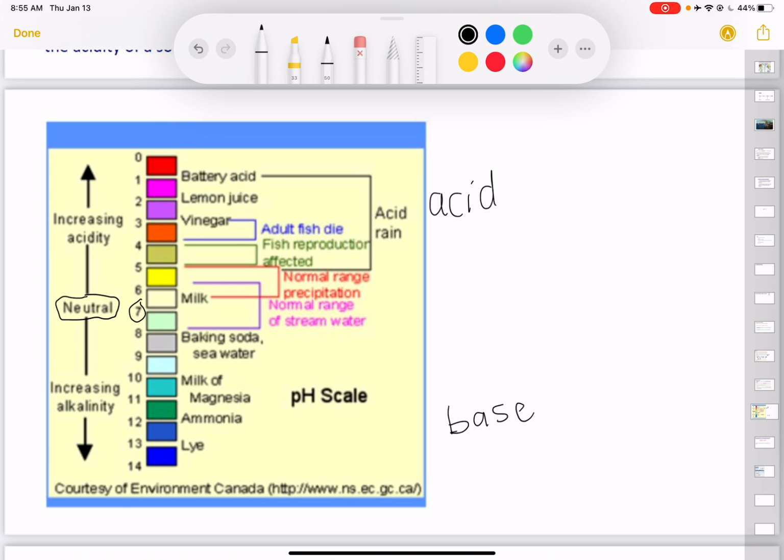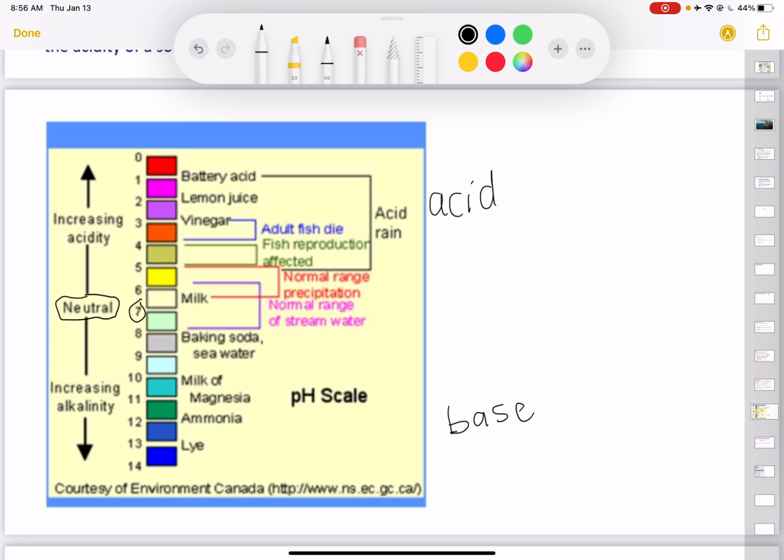Milk of magnesia, that's a type of medication, sort of what you would find in like Tums and stuff. That's going to be around the 10 to 11 range. Ammonia near the 12 to 13. Lye, probably around the 14 range. Okay, so